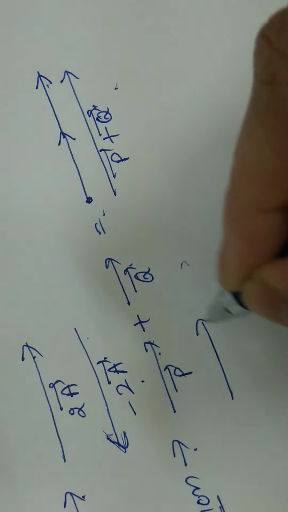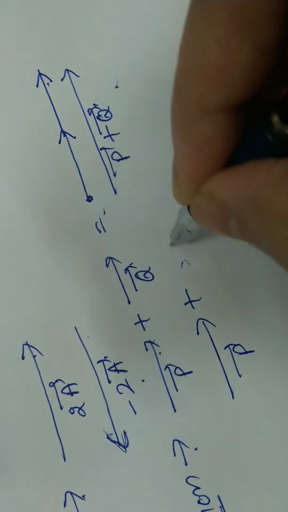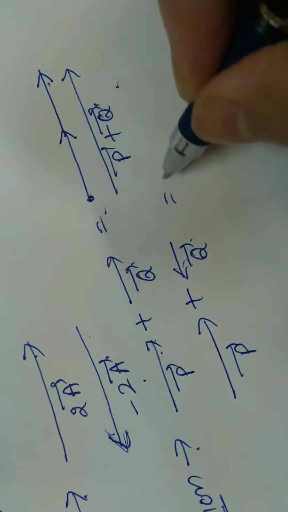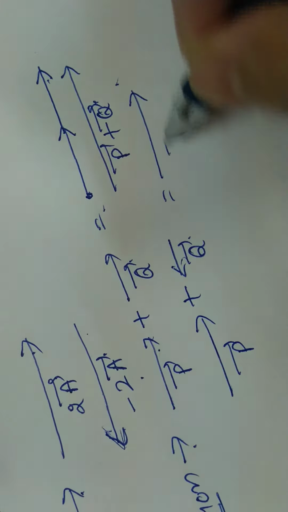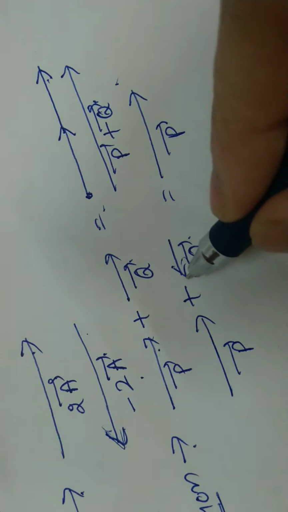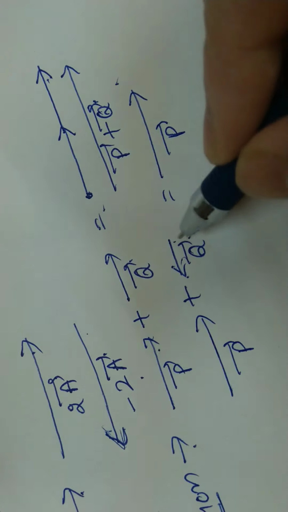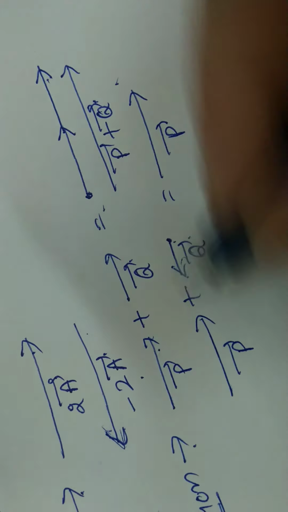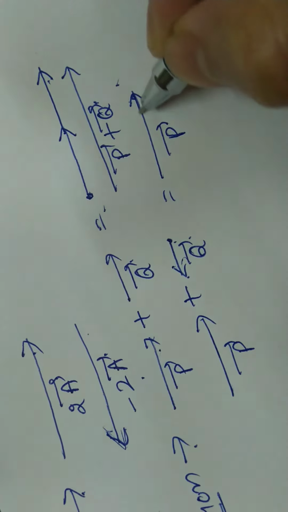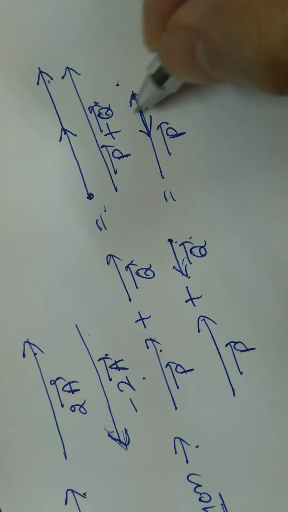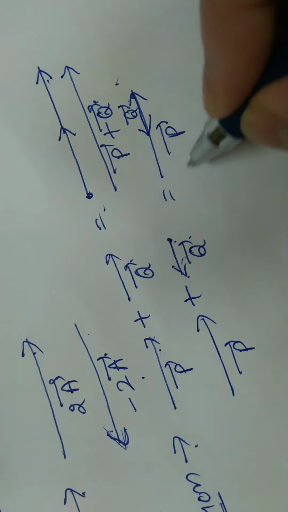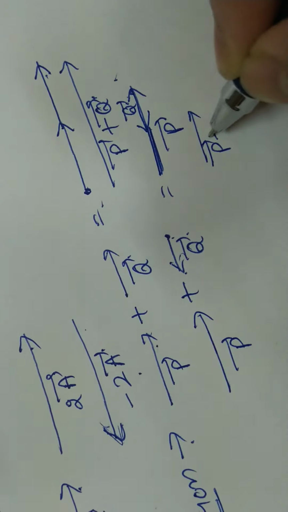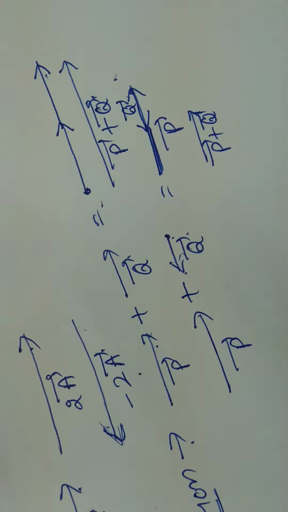If we say that this is the p vector and this is the q vector in opposite form, then how do we draw? We draw this p vector. Now we cannot change it by ourselves. So we draw this, and what is the rule? Draw from the tail to the head of this vector. So we can say like this. This is the q vector. Then this is the resultant of these two, that is p vector plus q vector.